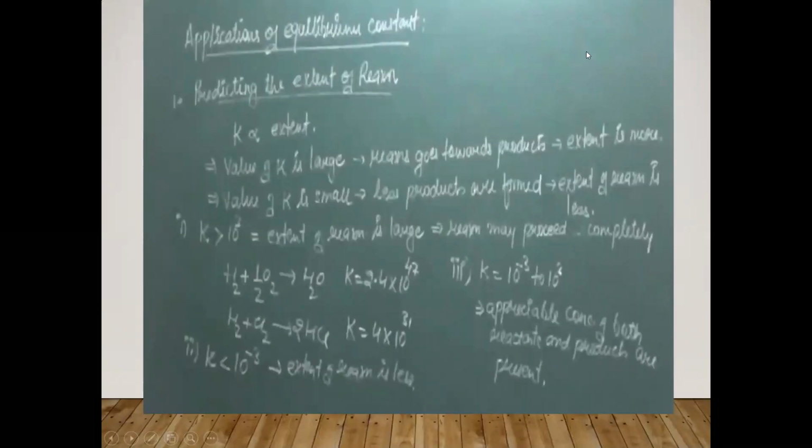Now we will see what are the applications of equilibrium constant. मतलब equilibrium constant हम calculate ही क्यों करते हैं, क्या benefit है, क्या पता चलता है इससे हमें. So the very first thing the equilibrium constant tells us is that it predicts the extent of a reaction. Means the magnitude of the equilibrium constant K indicates the extent to which a reaction can go. It may be noted that the equilibrium constant does not give any information about the rate at which equilibrium is reached, only the extent, कि कितना reaction हो चुका है.